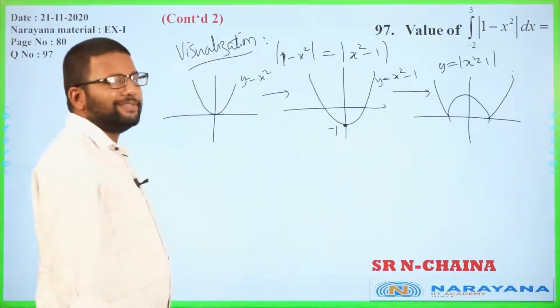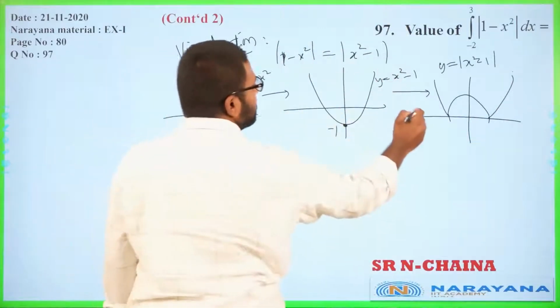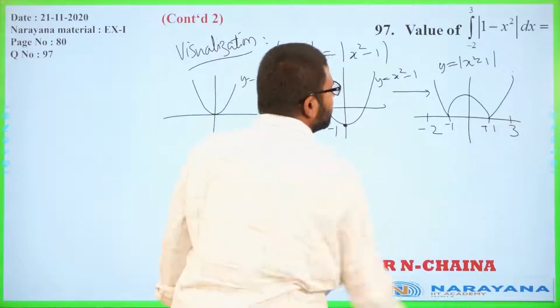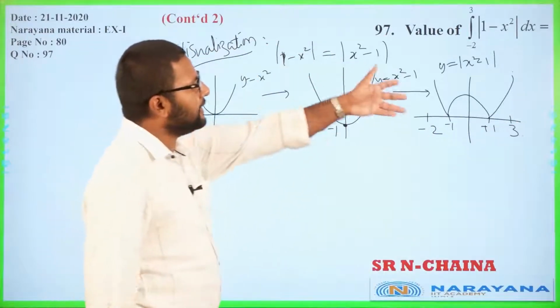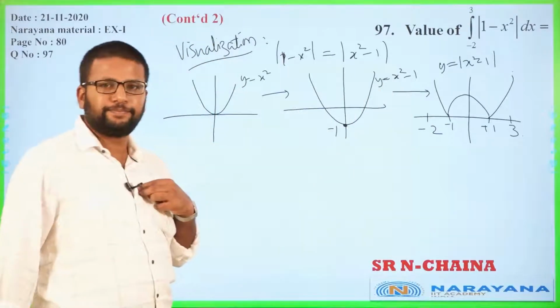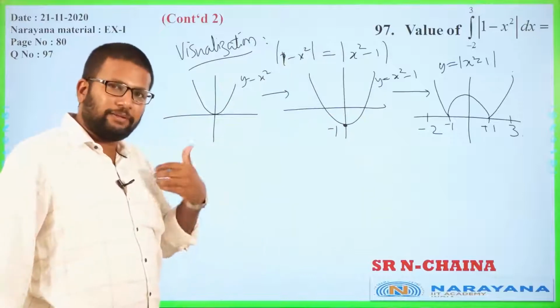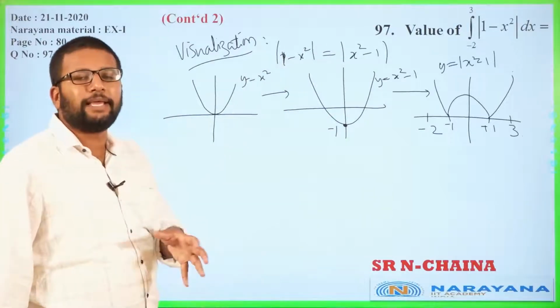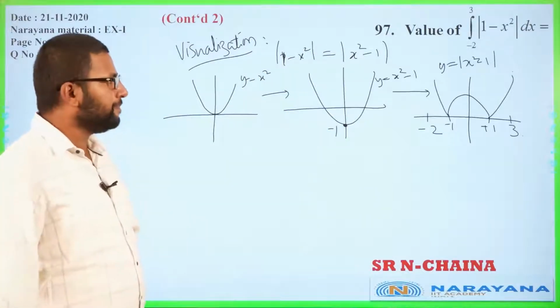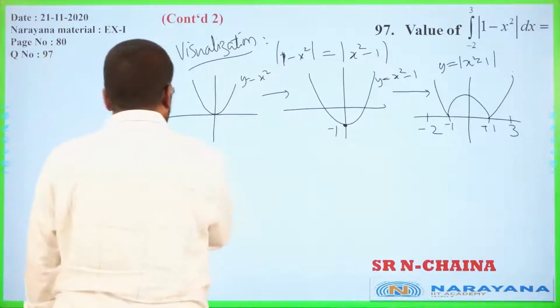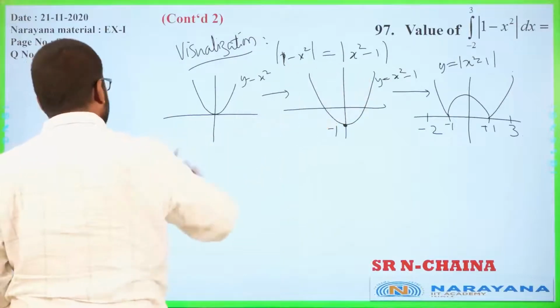Okay. Once you do that, look at the limits. Minus 2 will be here, this is minus 1, this is plus 1, this is plus 3. Alright, and then break the graph down as you require. Okay, this often works, especially if these are straight lines, then drawing the graph is so much helpful because the areas would become immediately obvious. Alright, so you can try that, it's always good to know how to draw graphs. Okay, and then you can proceed.